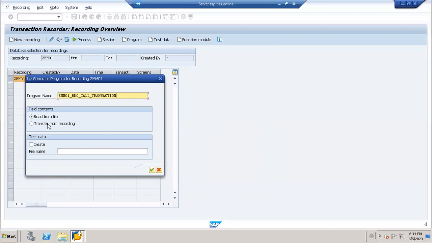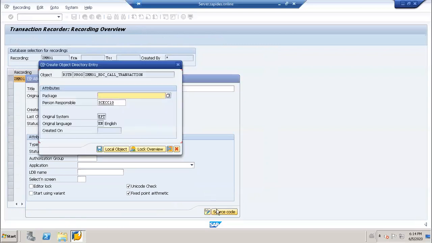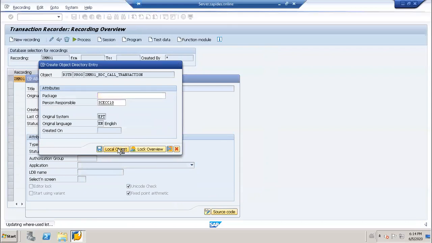So what I'll do, read from a recording. Here I will choose this radio button, read from a recording. All transaction. Methods. Okay. Local object.